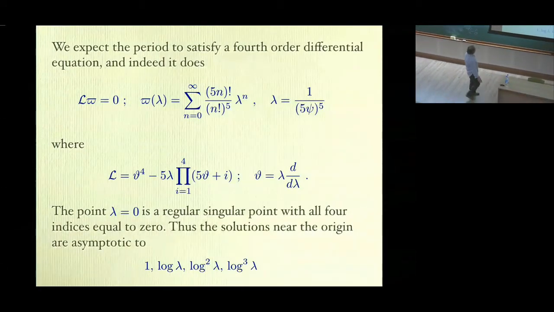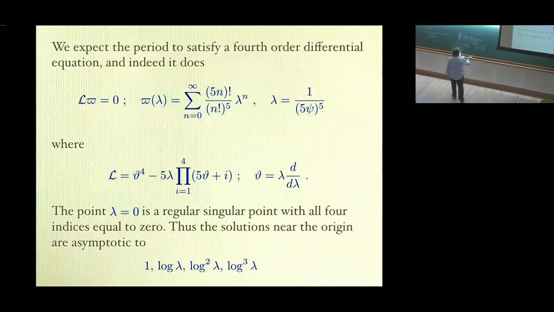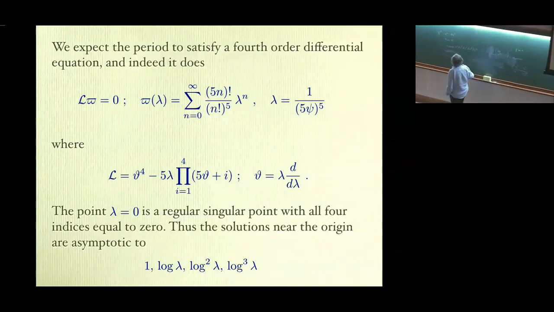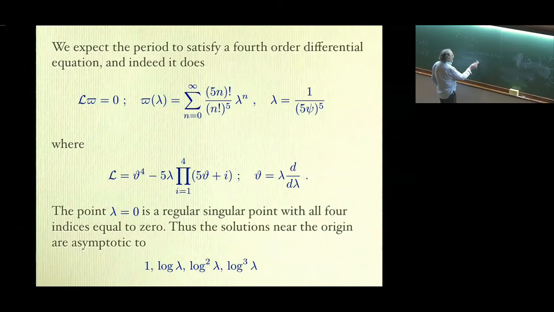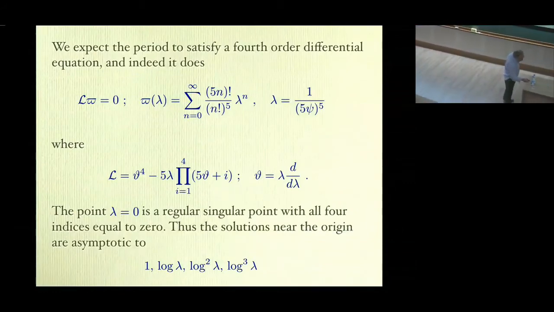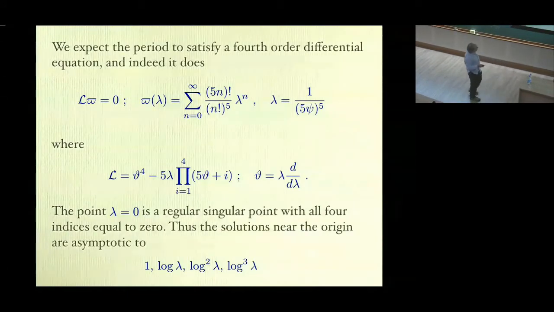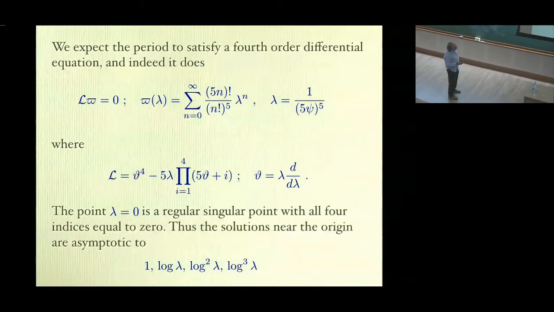Now it turns out that this is the one period that's easy to satisfy. There are in fact 4 periods. It's the one period that's easy to evaluate by integration. But since we have a differential equation with 4 solutions, it's reasonable to think that the other 3 solutions are the other 3 periods. And in fact, that's the assumption that we make.